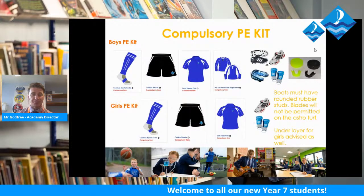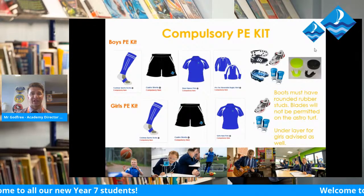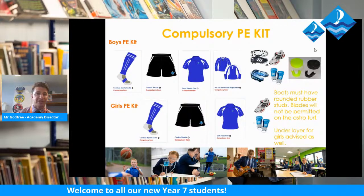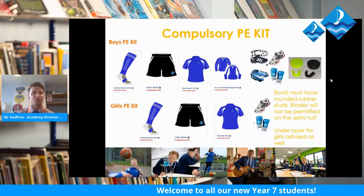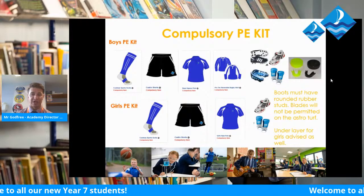So again, please don't panic too much. All this information will be sent home as well, but this is the compulsory PE kit that you will need. And it's probably not overly different to what you need in primary school at the moment. So you'll see there that you'll need the long PE socks, the shorts, the polo top, which is really smart, the rugby top for boys, and then you'll need gum shield, shin pads, sports trainers,